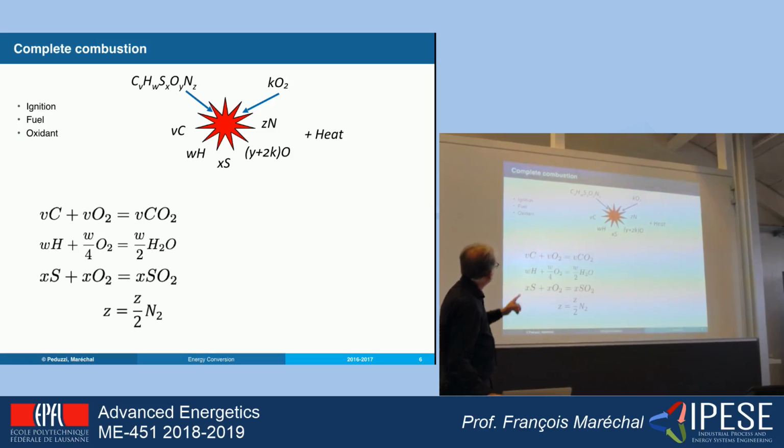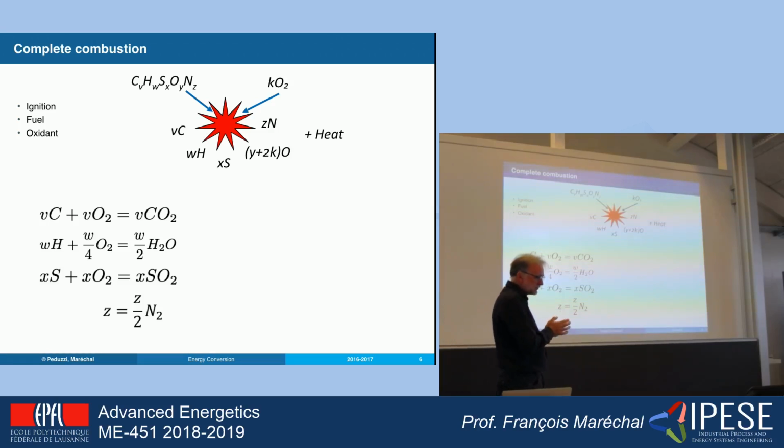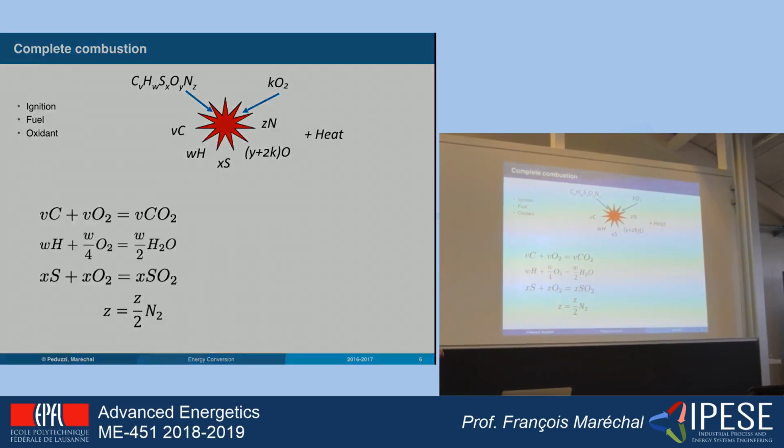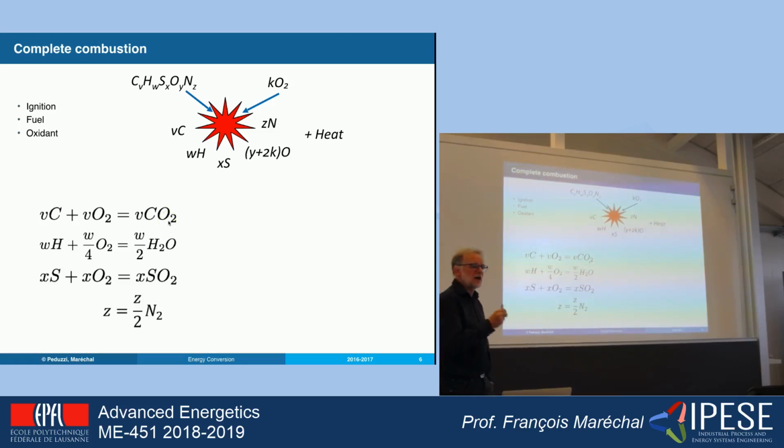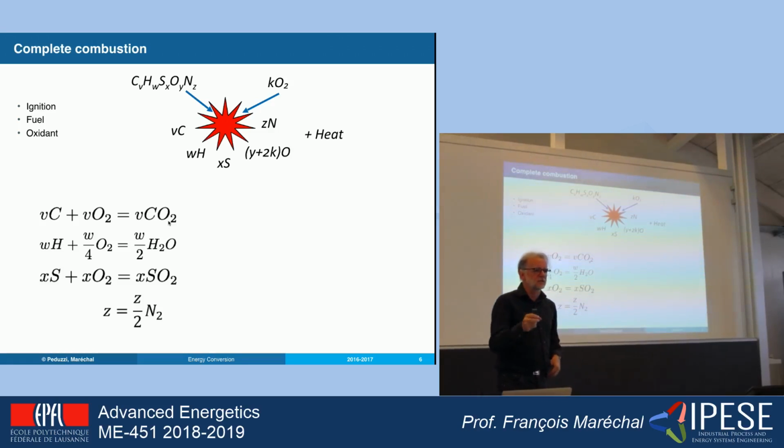Now, knowing the composition of the fuel, I can directly calculate the amount of oxygen that I need, because each time I'm taking one molecule out of the system, I should use this because then it will be easier. So each time I have 1 mole of carbon that is liberated, it will need 1 molecule of oxygen to create the result of the oxidation, which is carbon dioxide. So each time I have a mole, and I'm talking about moles and not kilograms,